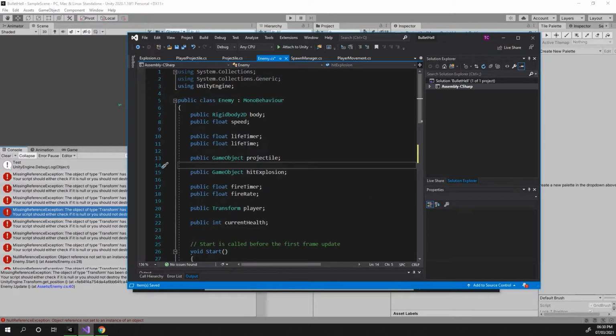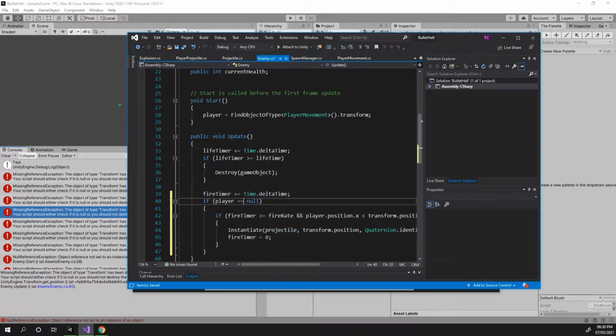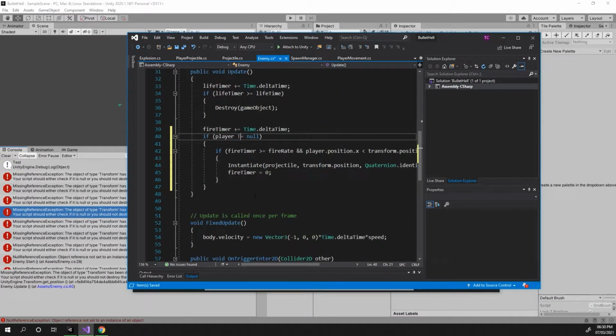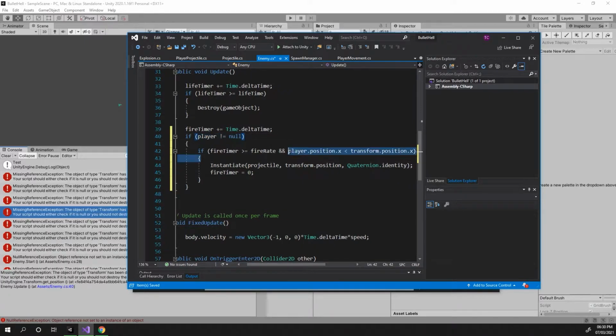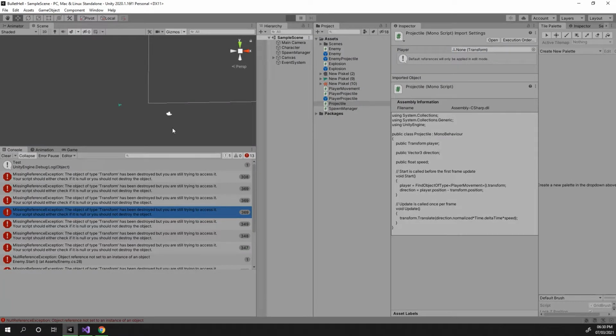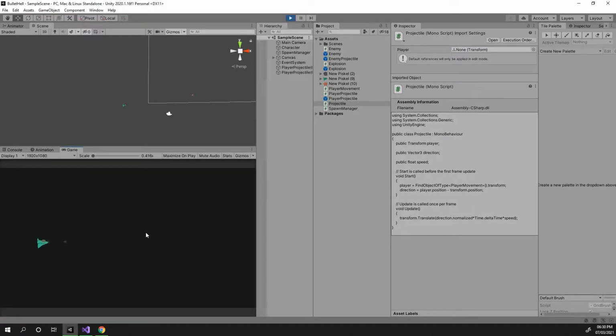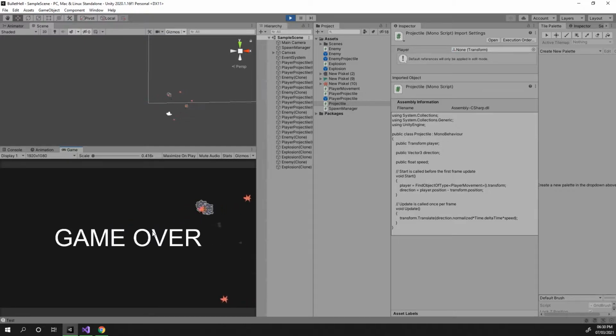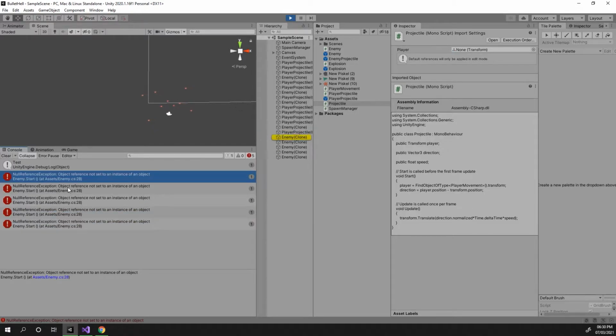However, once we've destroyed it, the value of that variable will now be null, which means that if we check that it's not null, so let's go ahead and add a not null here. So if it's not null, then we can actually use the variable and everything's fine. But if it is null, which is to say if the player has been destroyed, then we'll not do any of this. So hopefully those errors will go away once we die now in this version of the code. So I'm going to deliberately kamikaze here. Boop. We've still got some null reference exceptions, though, that are appearing